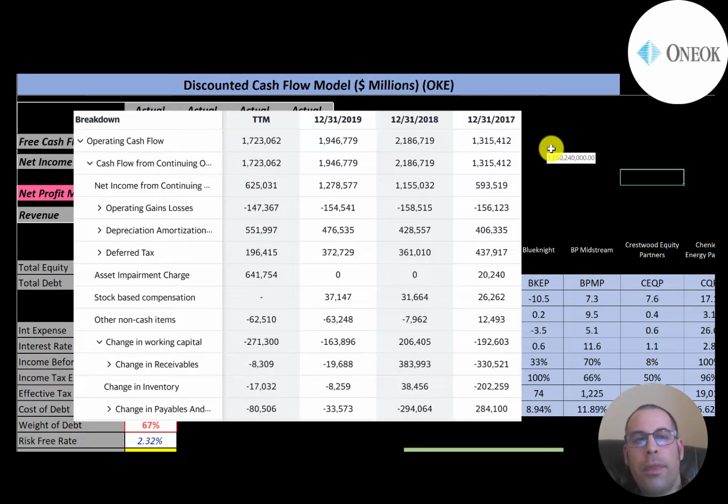The most important part of the business is operating cash flow, because if you don't have positive operating cash flow, you won't be a viable business for long. It's okay if startups have negative operating cash flow. Sometimes mature companies have negative operating cash flow, but only for maybe a year or two, not for a long period of time. So the company had $625 million of net income, but $1.7 billion of operating cash flow, because